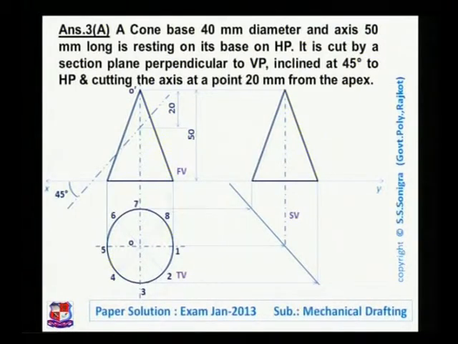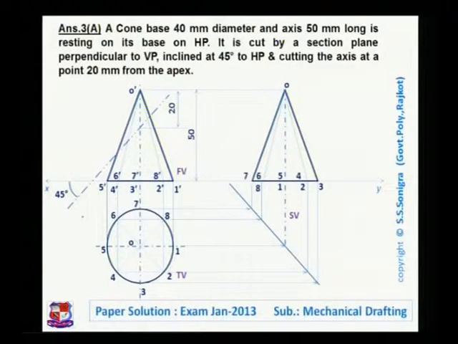and take projections from this. Name the points 1 dash, 2 dash, 3 dash, 4 dash, 5 dash, 6, 7 and 8, and from these points draw vertical lines. It will cut the base at 8 points over here. Name these points 1 dash, 2 dash, and so on. So this is just drawing imaginary generators over this cone, its top view and its front view. And similarly, name all these points in the side view also. Point number 1, 2, 3, 4, 5, 6, 7 and 8.